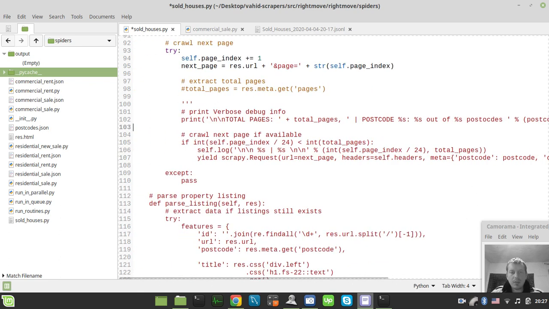As far as it's calling itself recursively, yeah, we need this still. So if page index is less than int total pages,